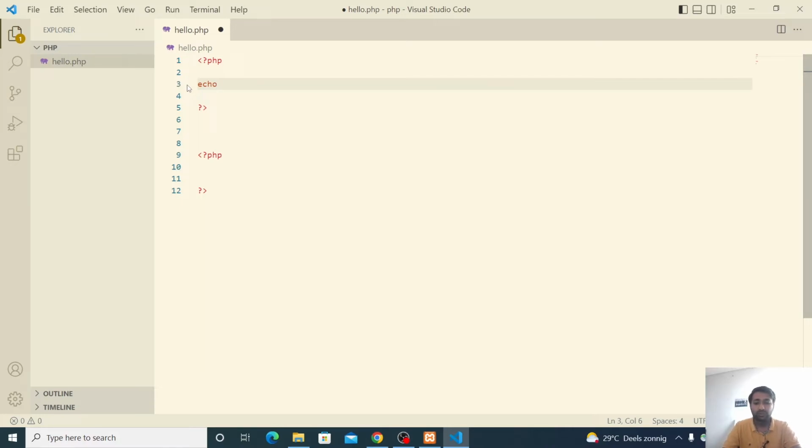For that we need to type echo, double quotes, and just type hello world. After writing the statement, whatever statement you write, just put a semicolon to make sure that the statement is terminated or finished. So basically it will tell the PHP file to run this script, and the script will be running on the